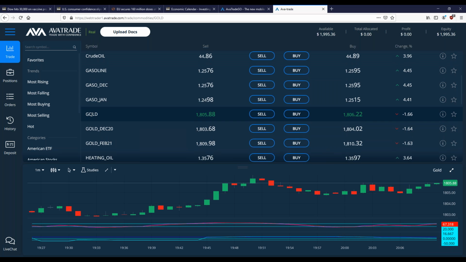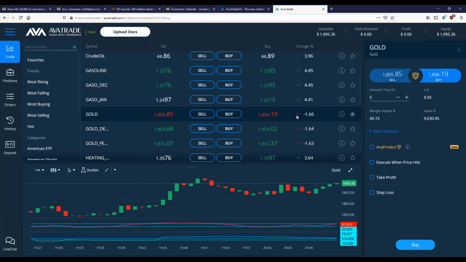So now it's in my favorites list, and let's say I wanted to buy on gold. Maybe I think, okay, it plunged today. Now I'm ready to buy for whatever reason. I wouldn't just randomly buy on gold. Obviously, I would have a fundamental reason. I would look at the chart and the technical analysis, but let's assume we did that and I'm ready to buy on gold for whatever reason.